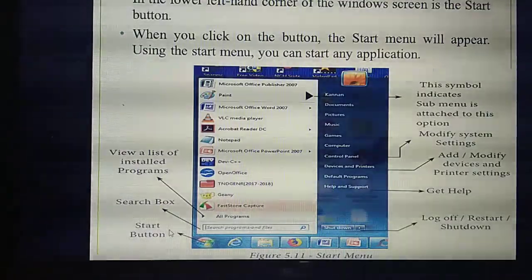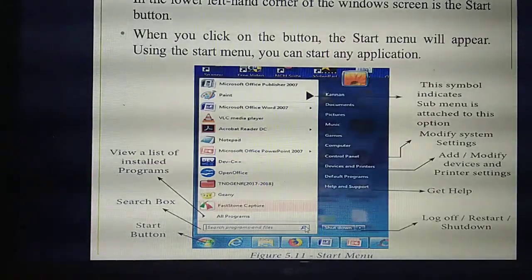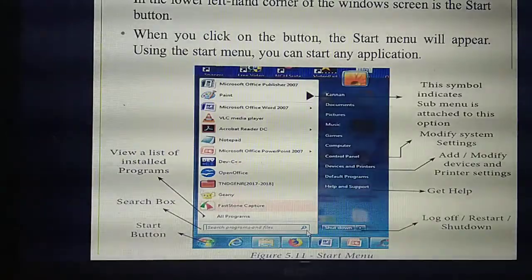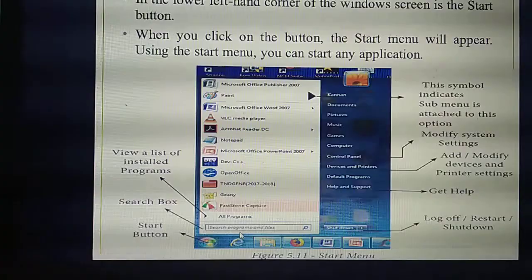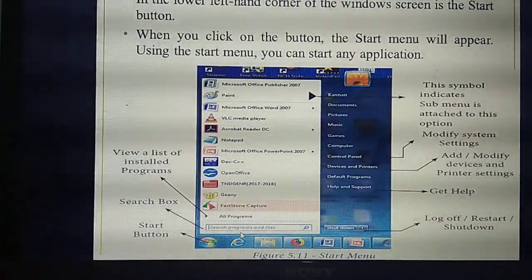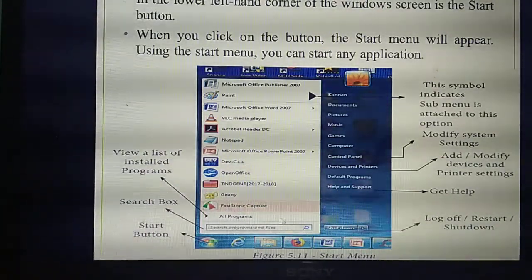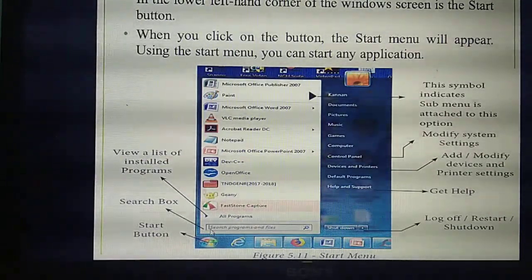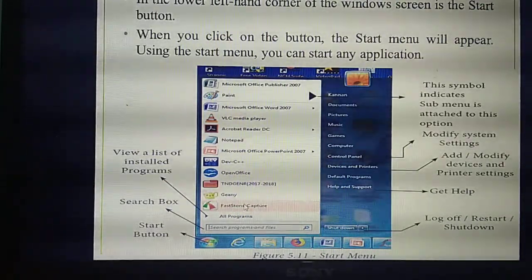Above the start button you have seen one box with a symbol. This is the symbol for search, like a lens symbol. That symbol we call the search symbol, and that box we call the search box. What's the meaning of search? You can search anything, isn't it? Likewise, here a lot of applications are there. If you want to search for a particular application, simply type the name of the application in the search box and press enter. Then you can open that particular application. No need to search inside.